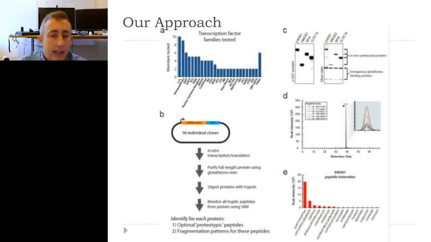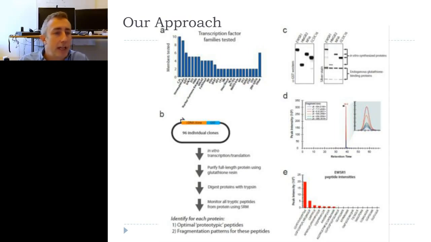So we decided to base our approach on being able to make proteins recombinantly. I saw a seminar by Josh Labaer at Arizona State University where he had been talking about making thousands of proteins on a protein microarray in parallel, and I thought, why don't we just do this in 96-well plates? I had a lot of communication with him about it, and it turns out we were able to use his cDNA clones for making individual